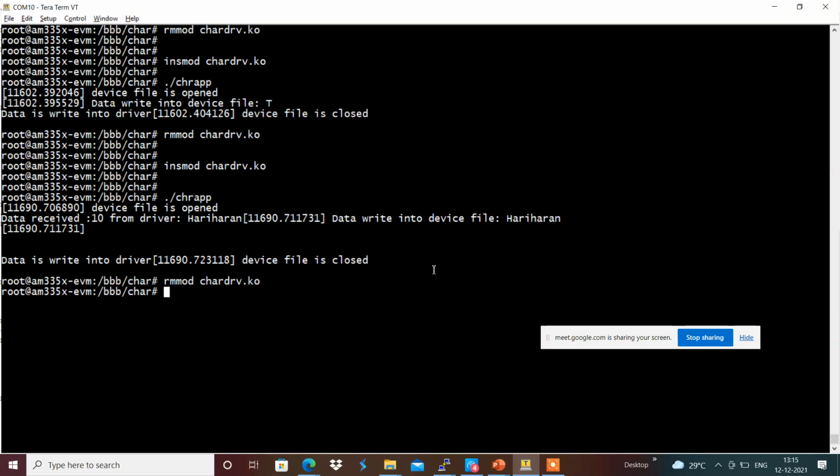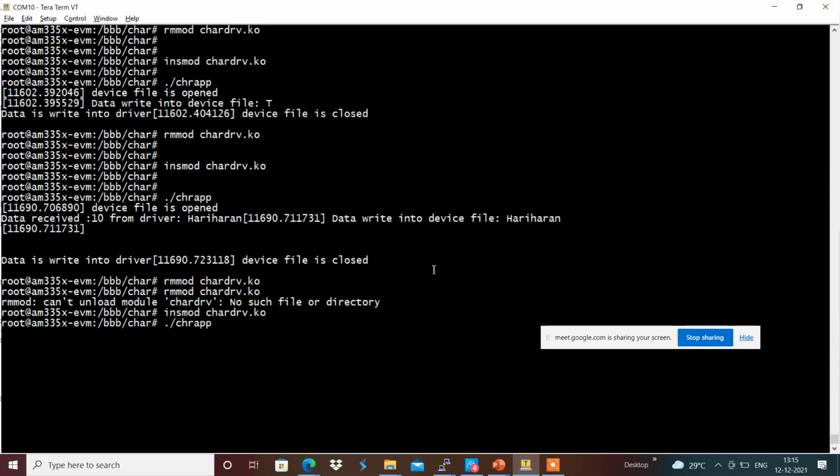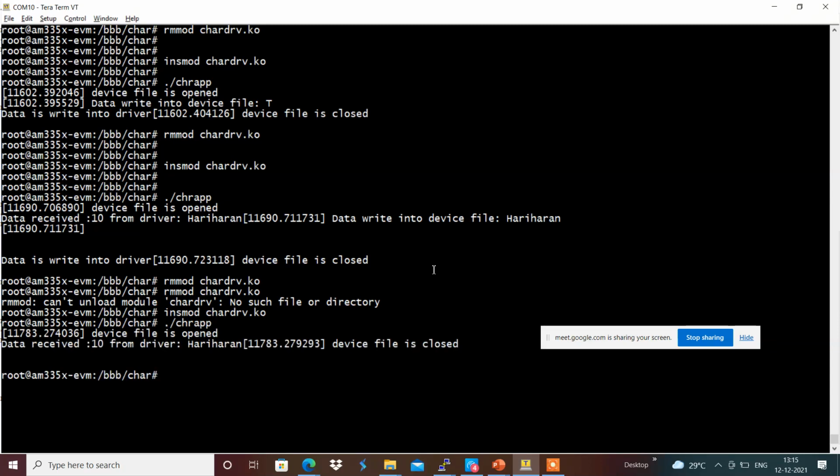Now I am going to insert the new one and run it over here. Now we have just received the data from the buffer. The write operation cannot be done, since our driver poll returns that data cannot be written at the moment.